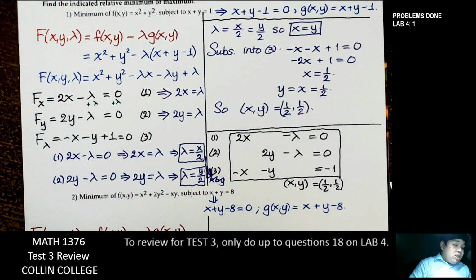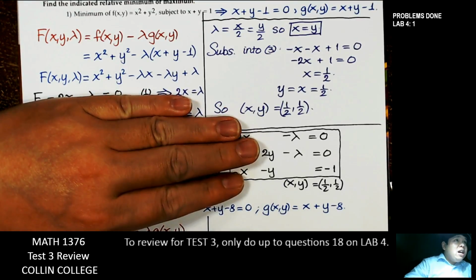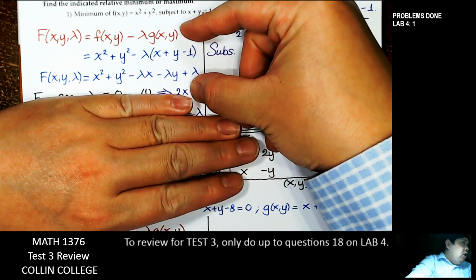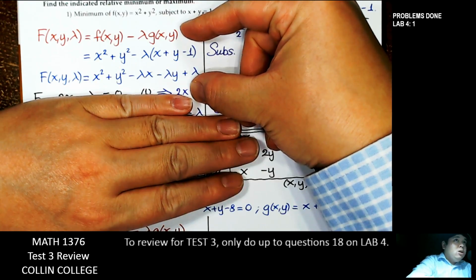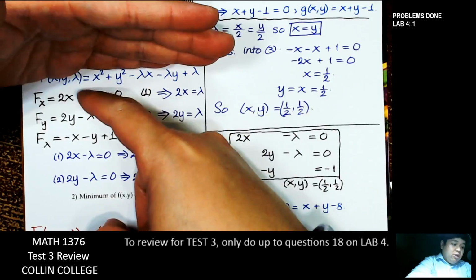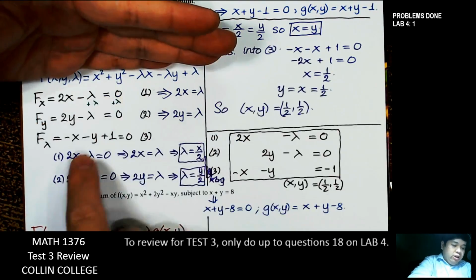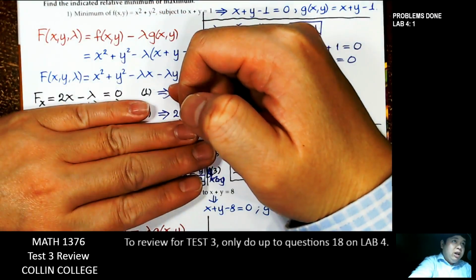Anyway, so what I was saying was on the test there may be two types of questions. The first one is to set up the function of x, y, and lambda, this part. The second part is to solve the system of equations. You will be provided the equation, just need to solve it. So one is up to here, and